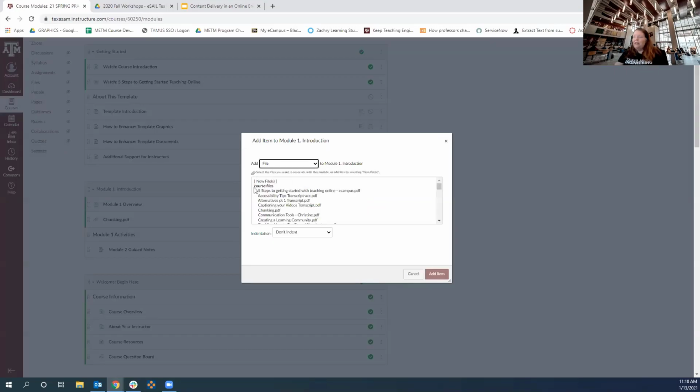But this is the big course files area. If I scroll down, the bolded items are all the folders, and a lot of what's here is going to be from that template. You may have a lot of scrolling to do, but it's alphabetical.